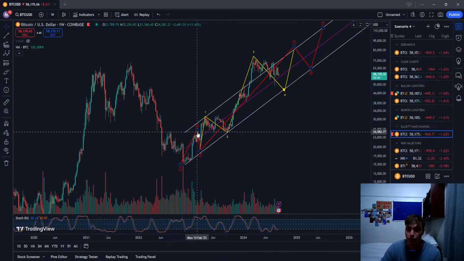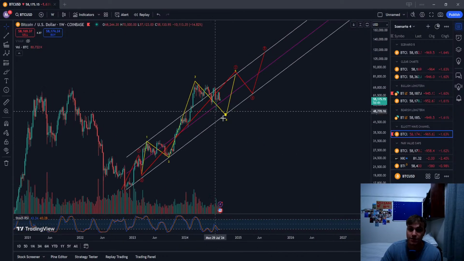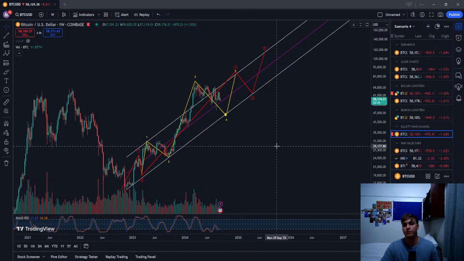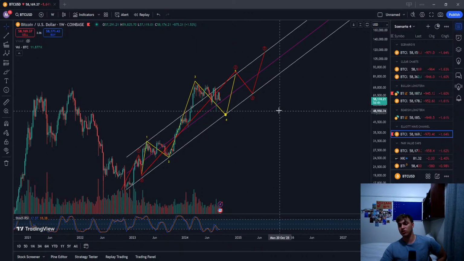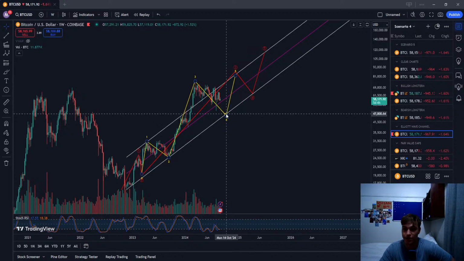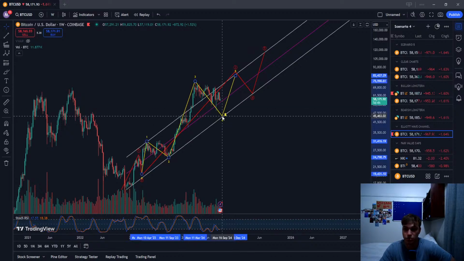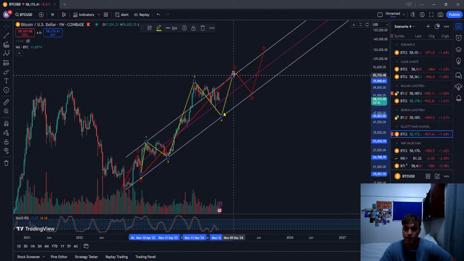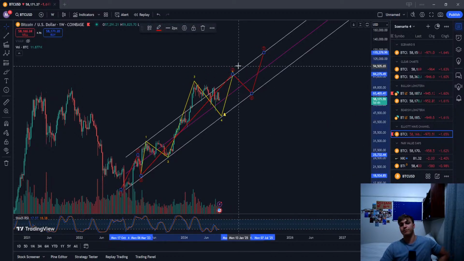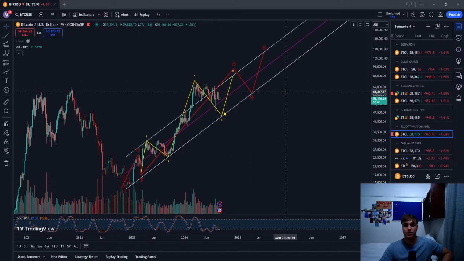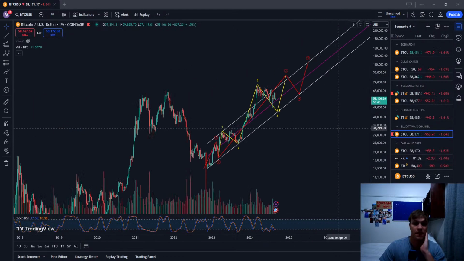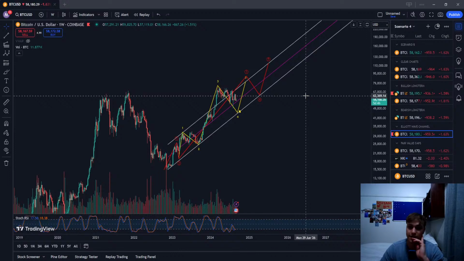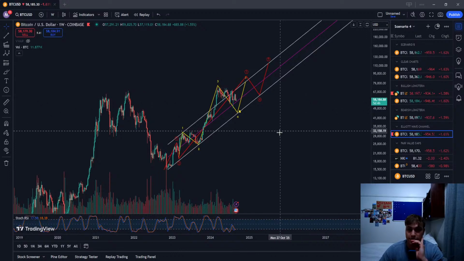This is very interesting. 1, 2, 3, 4, 5, 1, 2, 3, 4, 5, ABC in a flat, 3, 4, 5, 4, 5. Yes, this looks gorgeous, ending at around, I mean, this would probably end in the next 2 weeks. This wave 5 would be quite a bit quicker. Very pretty structure at the moment, but let's see what happens. So that's the Elliott Wave channel that I keep looking at.